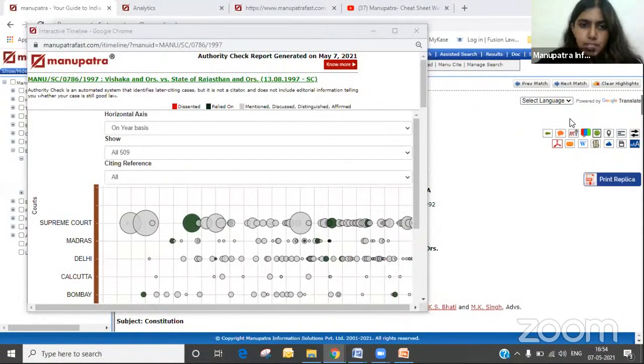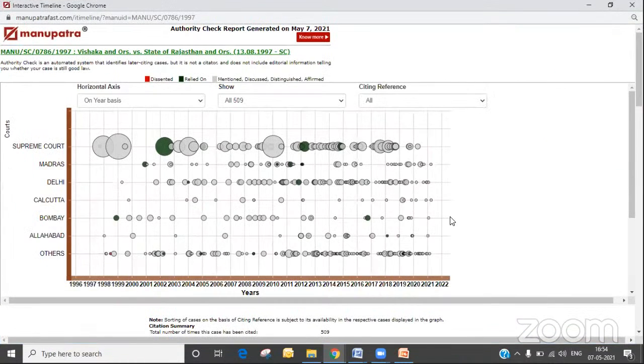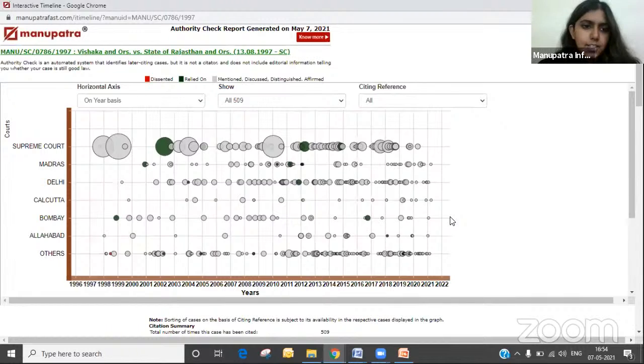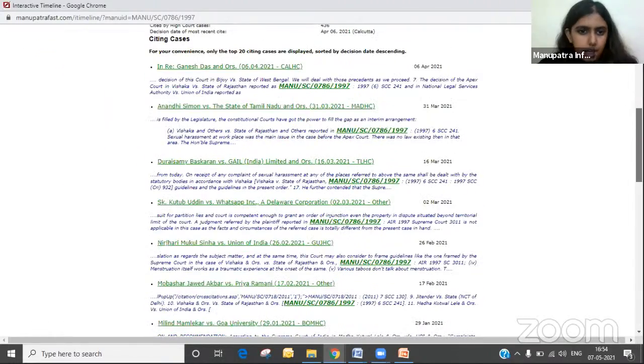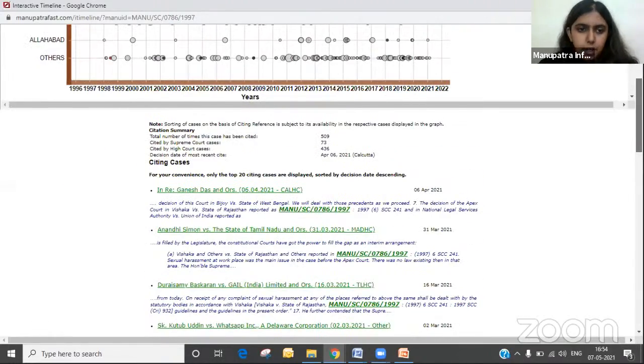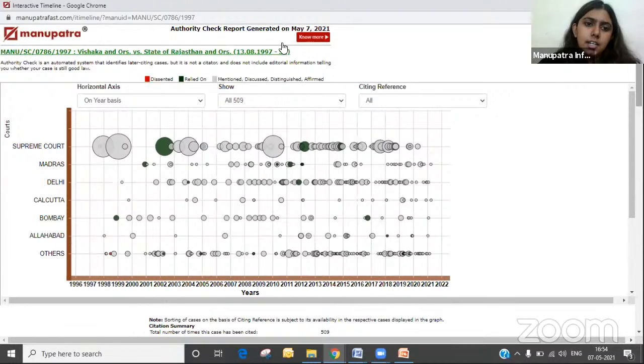So now you can see the authority check report. Yes, ma'am. Okay. So here, as you can see, what authority check does is, one, it is updated every day. If you want to see the most recent judgments, you can see here. Again, everything is hyperlinked, everything is available. What specifically it does is show you where the case has been cited further in a visualized format, but also